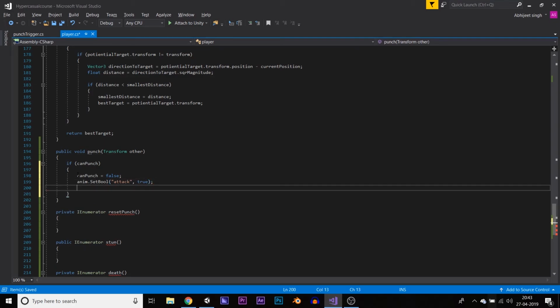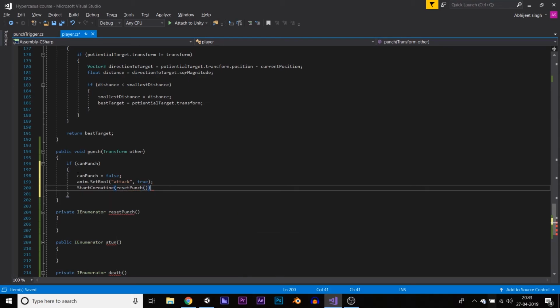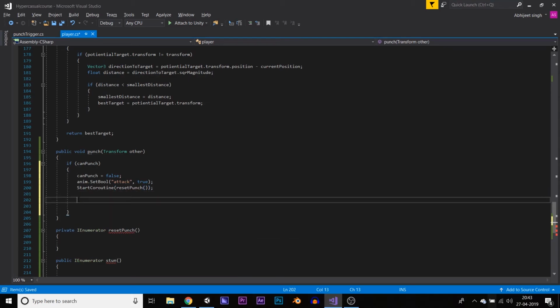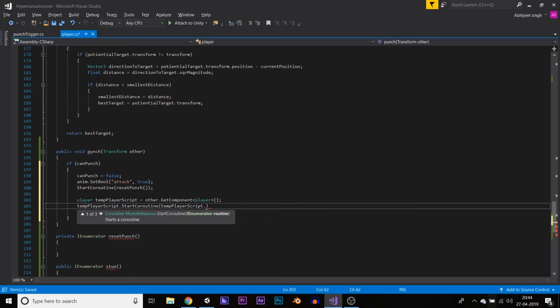After that I'm going to do start coroutine and reset punch. And then let's get the reference of player script of the character that we are going to punch. So let's do player temp player script equal to other.get component player, and then let's do temp player script dot start coroutine, temp player script dot stun,